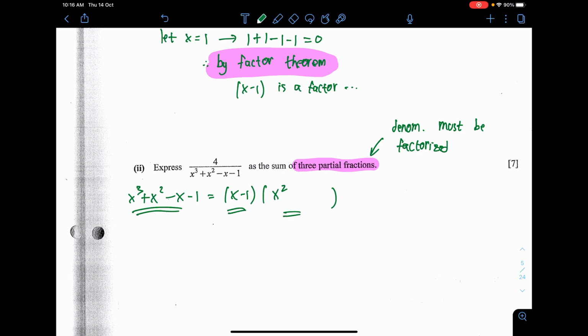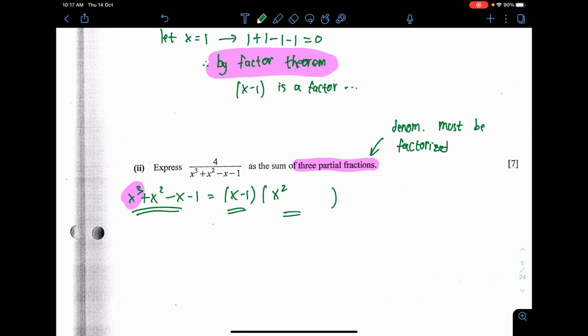Usually I will put down ax squared because I don't know the coefficient, but I can actually guess it here. The only way you can get a 1x cubed here is by having a 1x squared on the other side. So this one should be just 1x squared, or x squared itself. You can imagine that if you do a rainbow method of expansion, when you take x times x squared, you're going to get x cubed. That's why we just leave it as x squared.